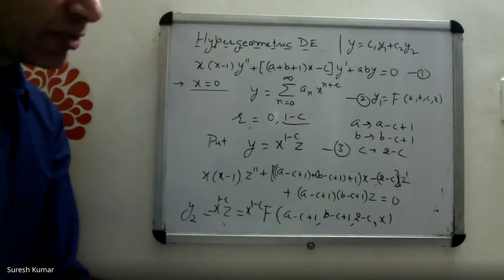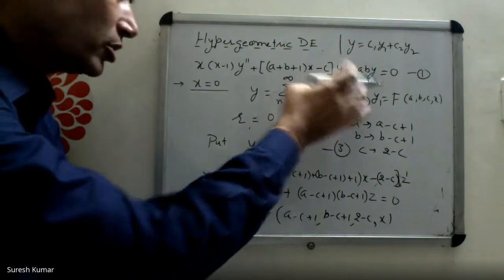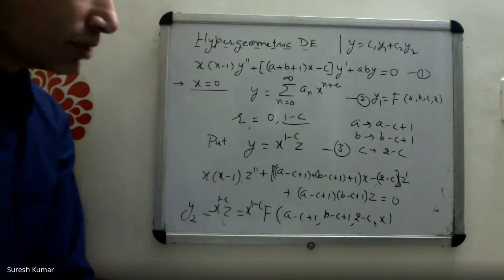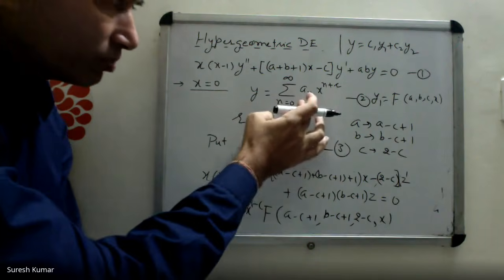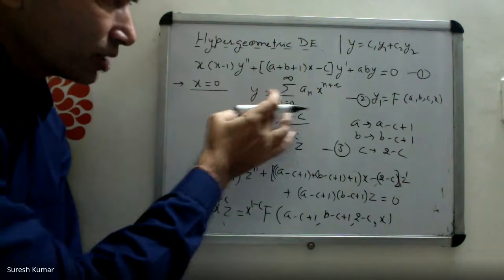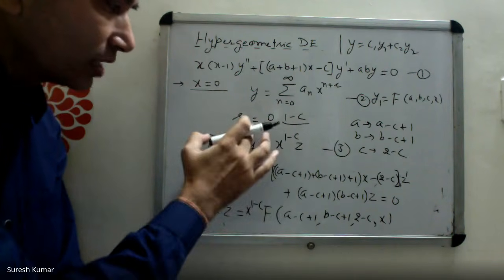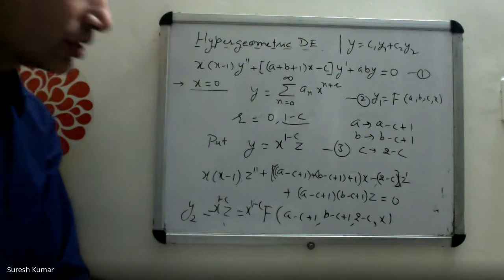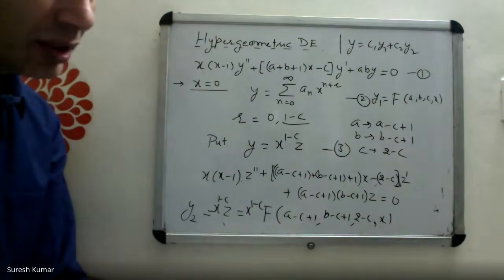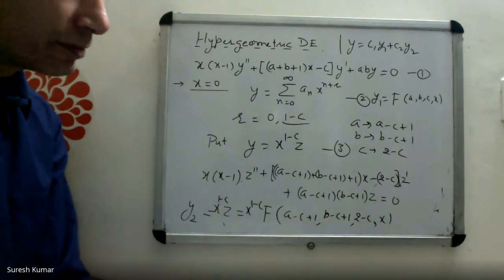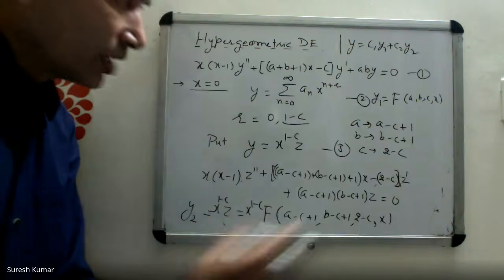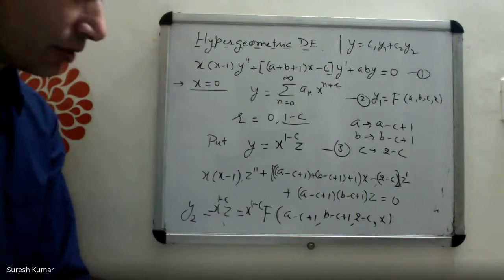Let me repeat what we have done so far. Equation 1 is a hypergeometric differential equation. x equal to 0 is a regular singular point. So there exists a power series solution of this type. We know it. After that, we substituted 2 into 1, wrote the indicial equation, and then the roots of the indicial equation are 0 and 1 minus c. Corresponding to 0, the power series solution is denoted by F(a, b, c; x). In that solution in particular, you choose the arbitrary constant equal to 1. That you call the hypergeometric function. So this is one solution.